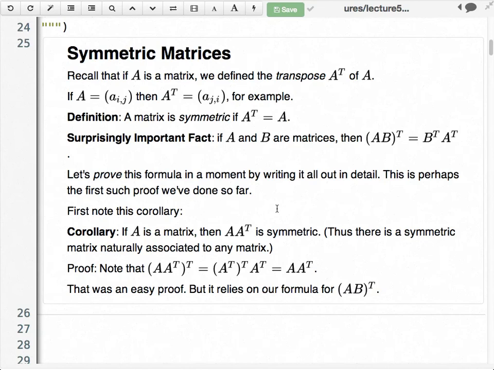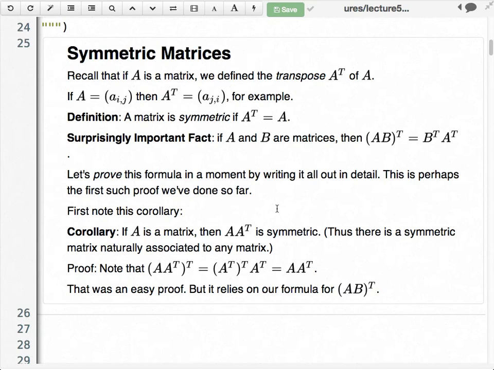But at the end of the day, the result will be a symmetric matrix. You take any matrix at all, multiply by its transpose, and you get a symmetric matrix. So that's what we just checked, except we haven't verified the circle statement. But you can see how this could be useful. Just an example of how it's useful.